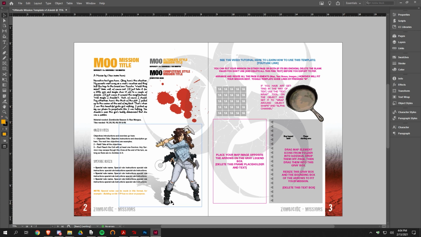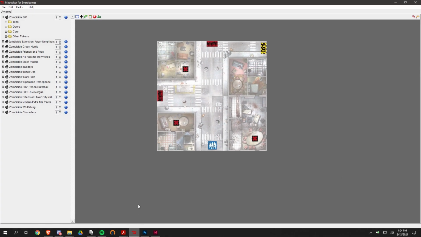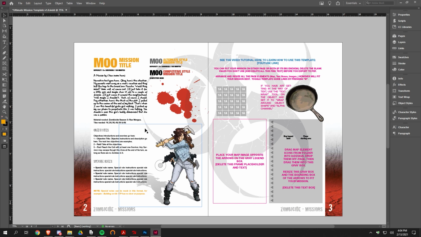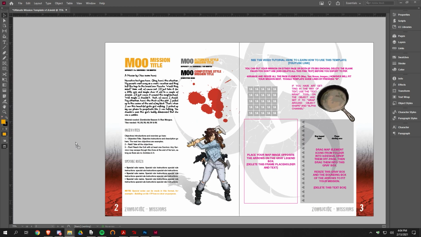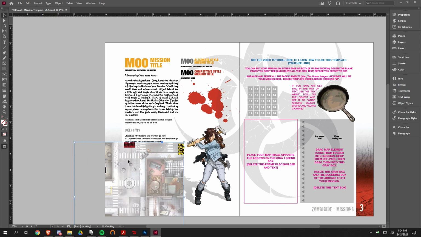It's called Map Editor, and I'm not going to go into how to use this program, but it has tokens and tiles for all the Zombicide games, and you can just place them and move them around as you want, and then you'd convert it to a PNG, and then you would drag that PNG into your mission document. I'll just do that, drag it off to the side, click, move it over to where I want it to be,